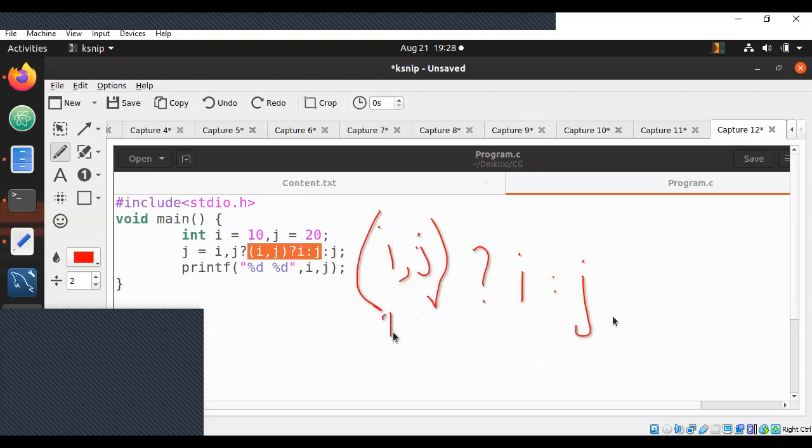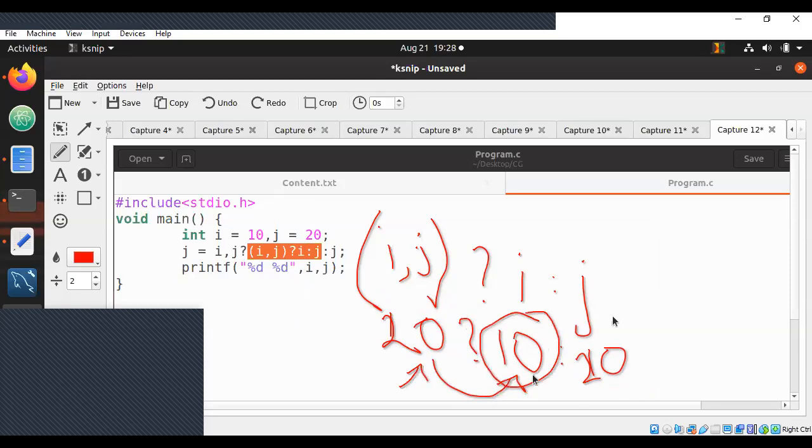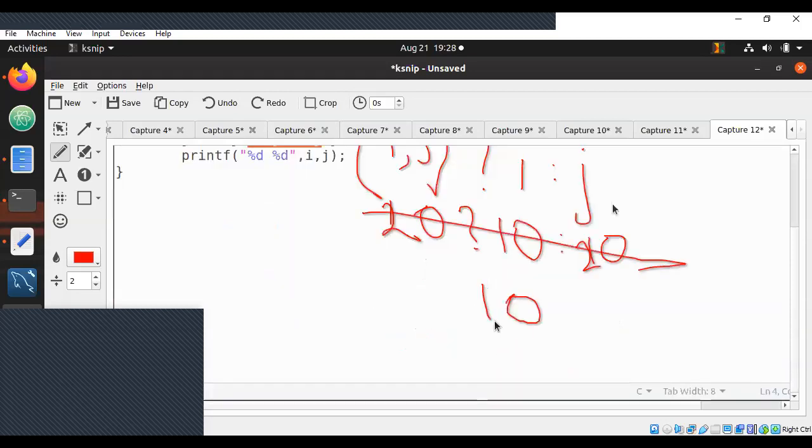Of course, last value will always be sent, 20. You have 20 question mark i value is 10 colon j is 20. 20 is non-zero value. Since it is non-zero, you go for the true value. This will be executed, the true value.